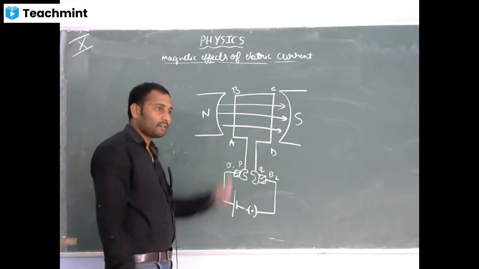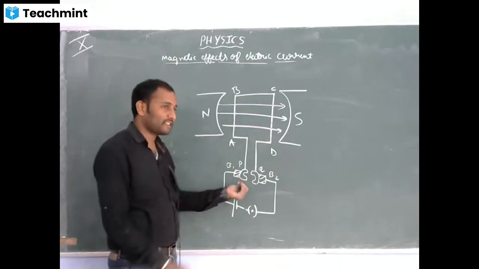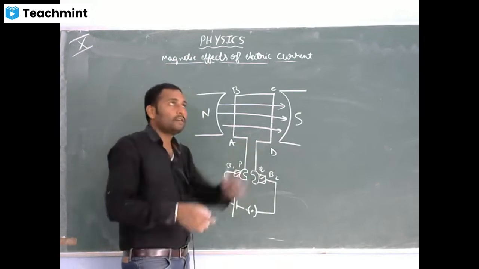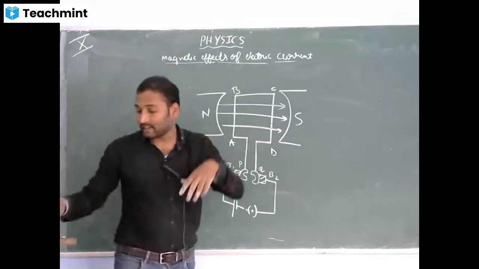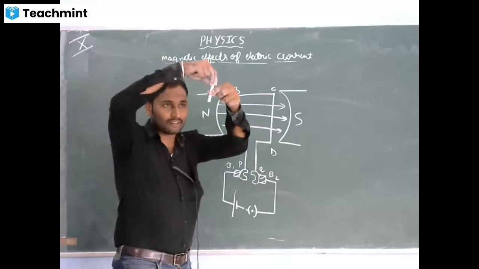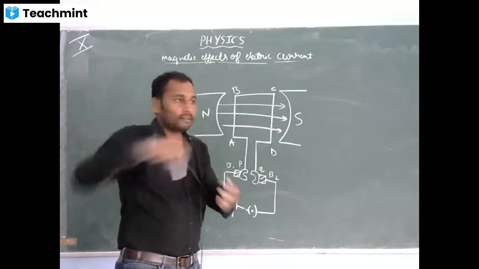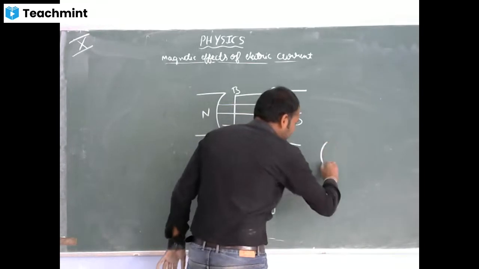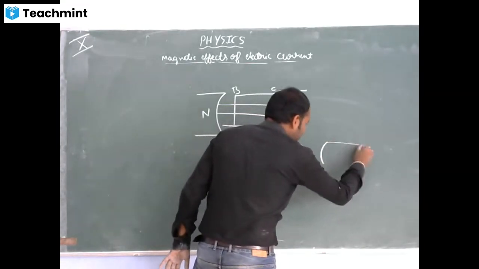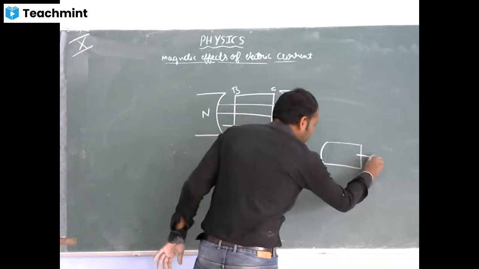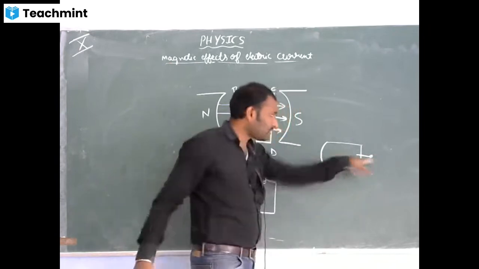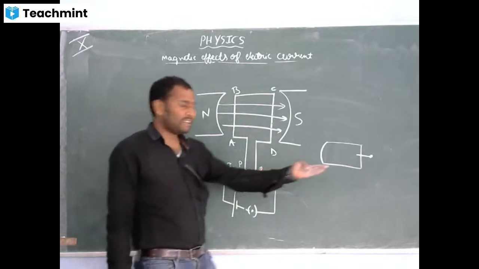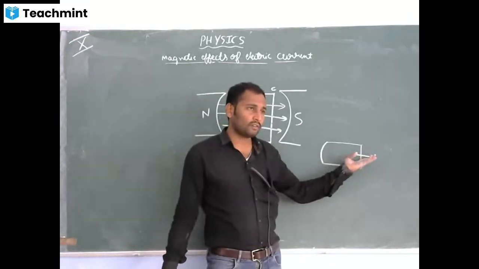Oh, I did not explain the construction, right? Let me finish that. So this is connected to an axle. Axle, in the sense, you might have seen a ceiling fan, there will be one like this. That is what we call an axle. You take the DC motor only, the direct current motor. Let me draw the rough diagram of the DC motor. So this is the axle.